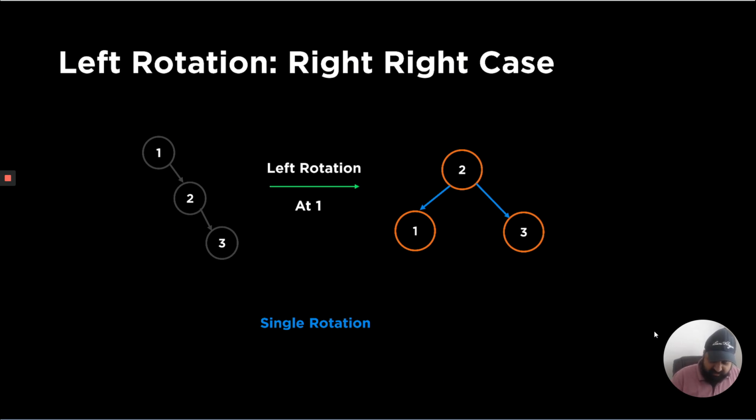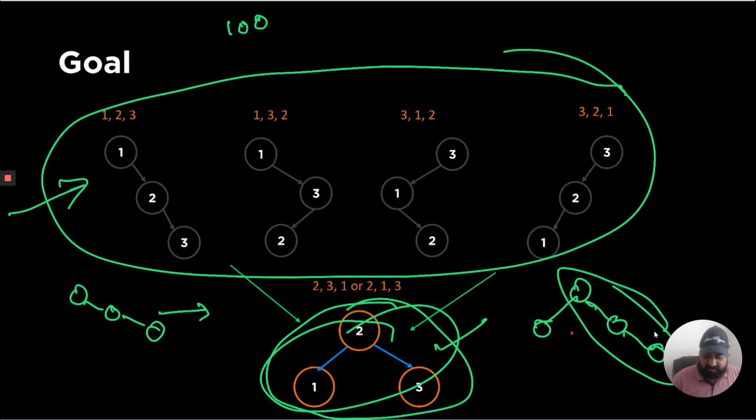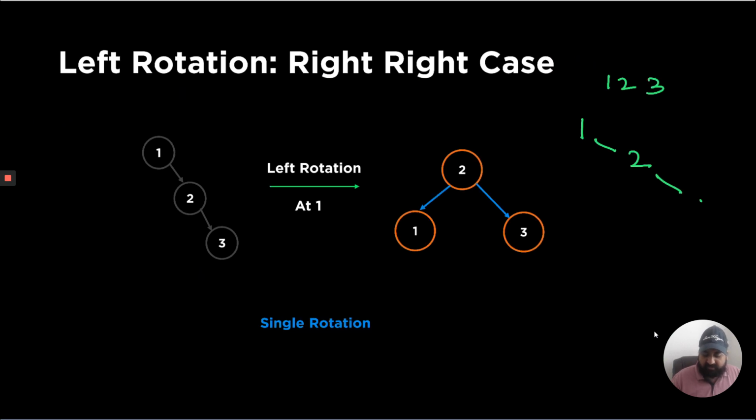So let's say if we try to insert the numbers 1, 2, 3, our tree would look something like this, which is 1. And then when we try to insert 2, it will go towards the right side. Then when we insert 3, it will go towards the right of 2. So if you want to transform this 1, 2, 3 into the goal state, our first tool, like first type